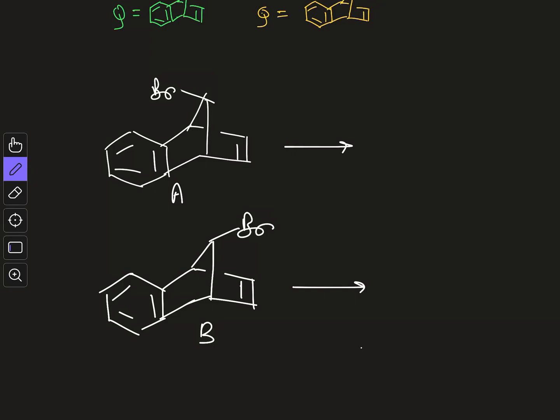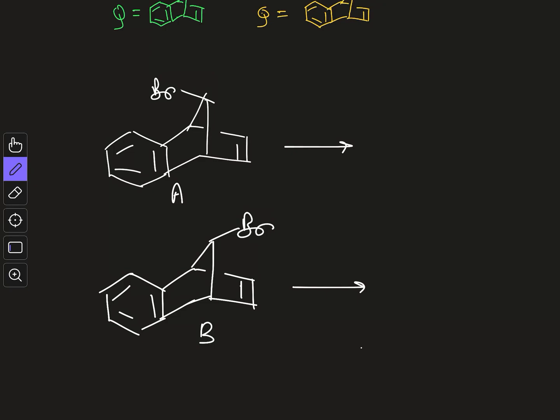Now this is a clear question of neighboring group participation, which I will teach in the next part of nucleophilic substitution reaction. And you know that nucleophilic substitution reaction is all about the stability of carbocation and how easily the carbocation is formed. So if you watch my previous video part 1, you will know that the rate of nucleophilic substitution depends solely on the stability of the carbocation and how fast it can form. So from these 2 we have to see how fast the carbocation may be formed.